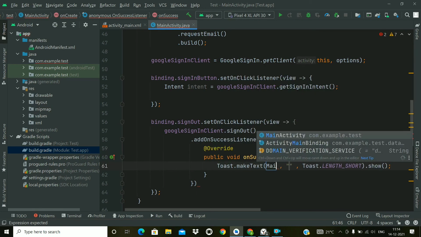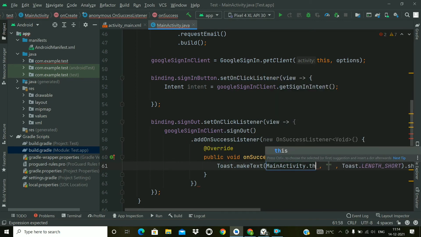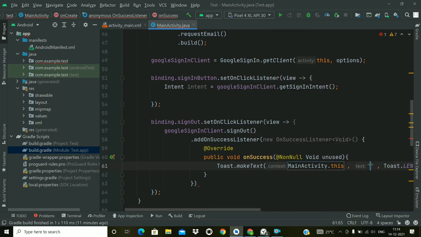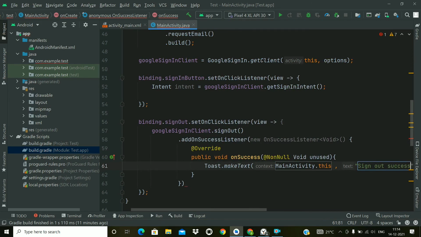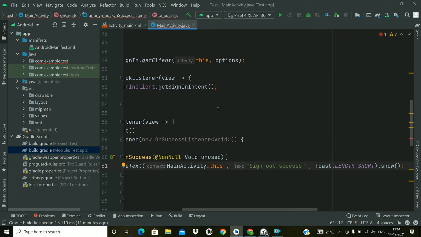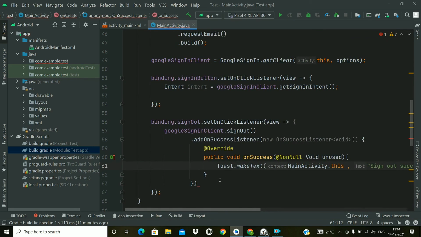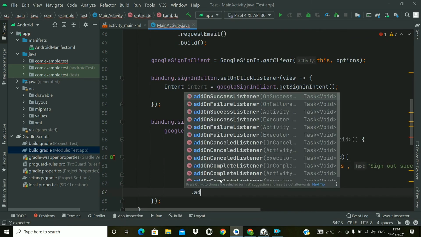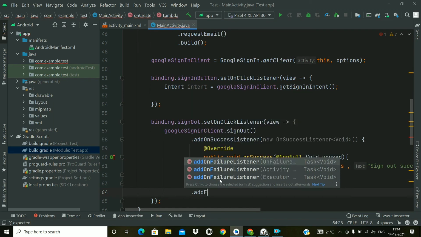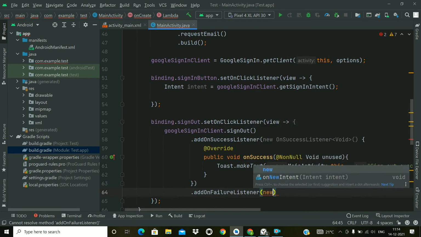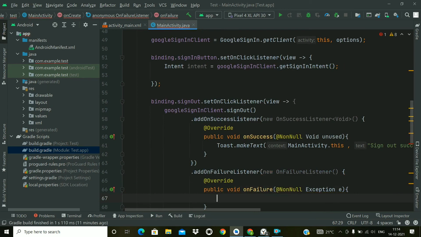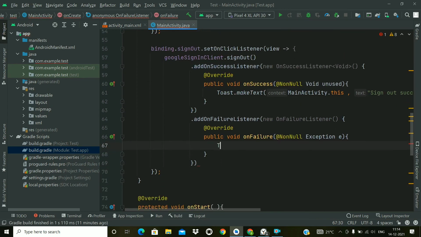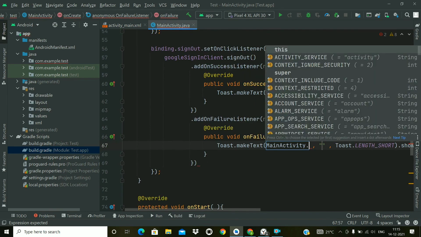Now we will generate a toast. So main activity dot this is the context, and sign out success. Now we will add a failure listener. So add on failure listener and new failure listener, and here we will create a toast which will show sign out failed.